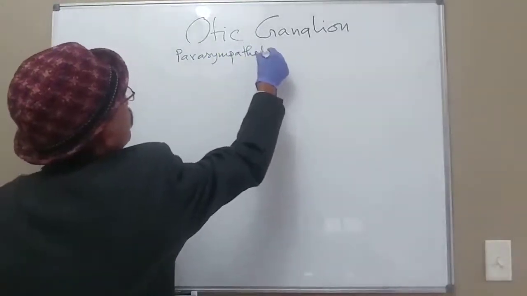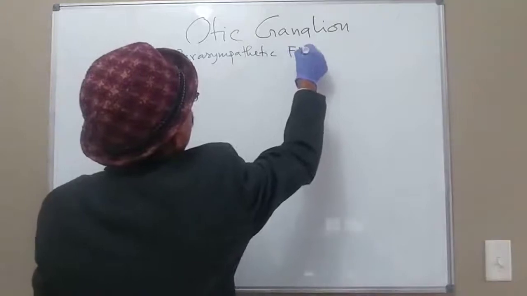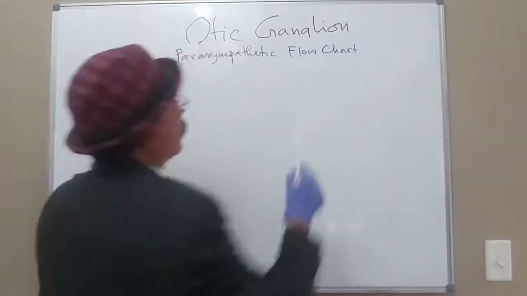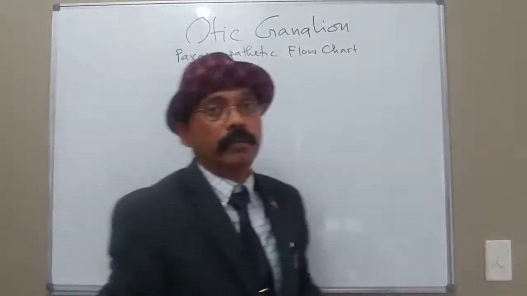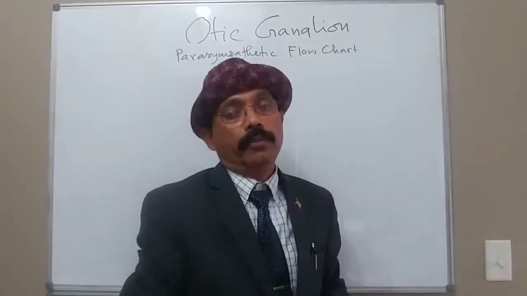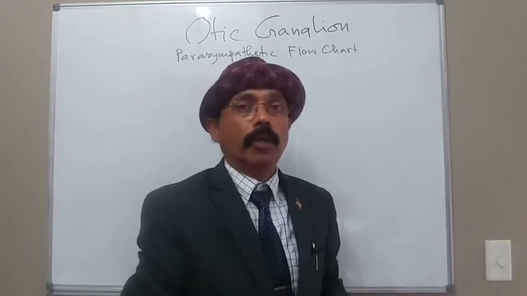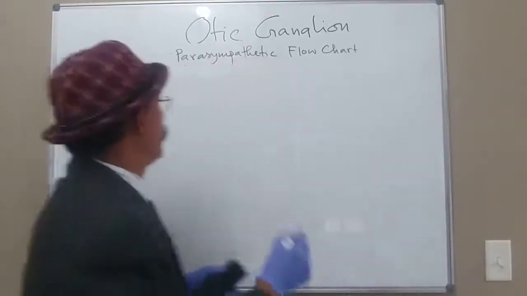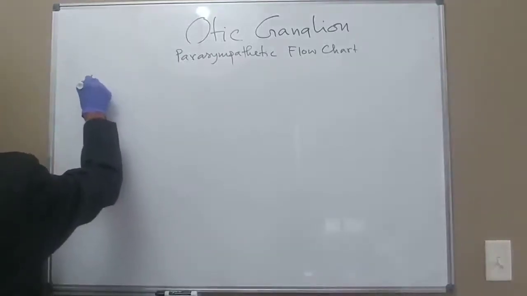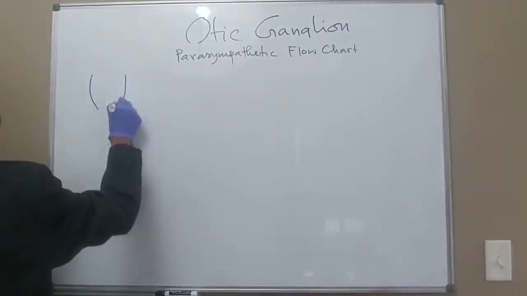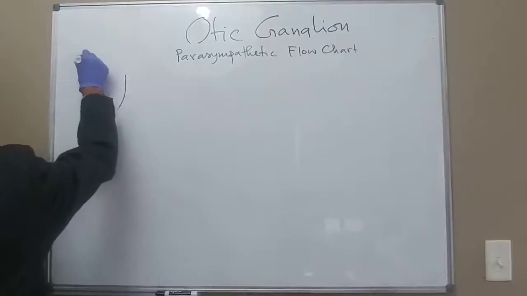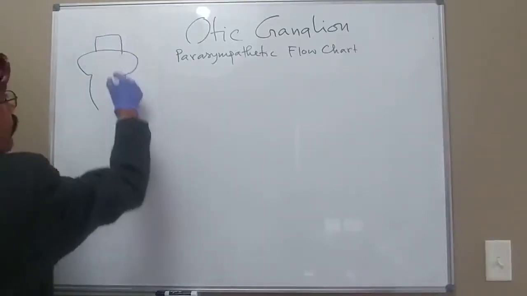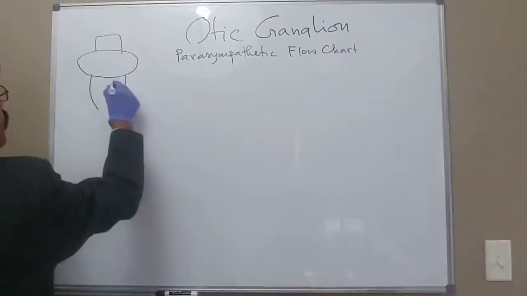Parasympathetic flow chart. Okay, it should come from the upper part of the medulla oblongata, from the inferior salivatory nucleus. So this is the medulla oblongata, this is the pons, this is the midbrain, this is the brain stem, okay,